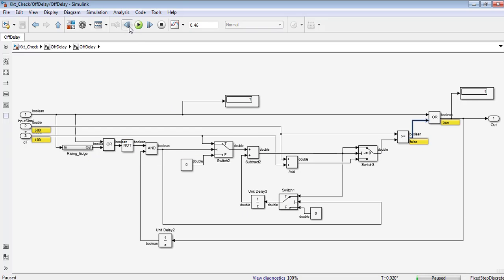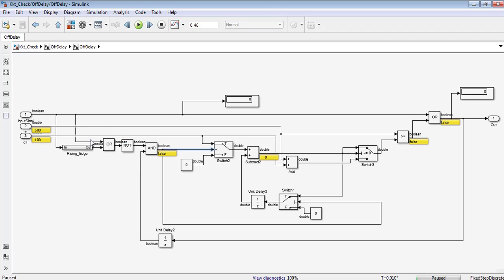Here we will check how to implement this timer. We'll go to the previous timestamp. Here the input is true. If we check, at the 0th instance the input is 0, at the 0.01 instance the input is 0, and at the 0.02 instance the input becomes 1. So we go to the previous instance, 0.01. Here if you check, this is 0.